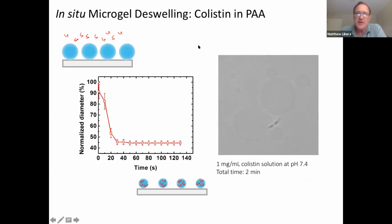Not to go into too many details of the experiments we do, but one category is to follow this microgel size as it's being loaded. So this is an example of polyacrylic acid microgels deposited on a glass surface, and we're following them by video microscopy. So here on the right, you see very little contrast. There are a few microgels, but you see almost nothing because these are mostly hydrated. They're about 98% water. And when we expose them to a particular antimicrobial, colistin, which is cationic, you can see they deswell very quickly. And we can follow that deswelling kinetics, and that tells us an awful lot about the state of the